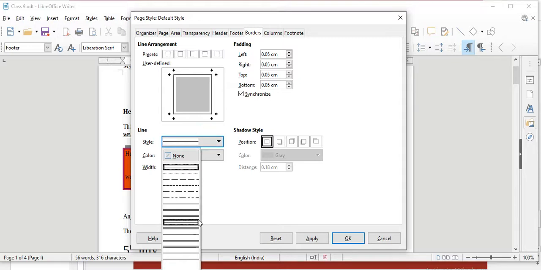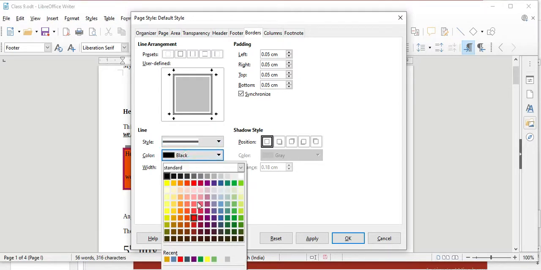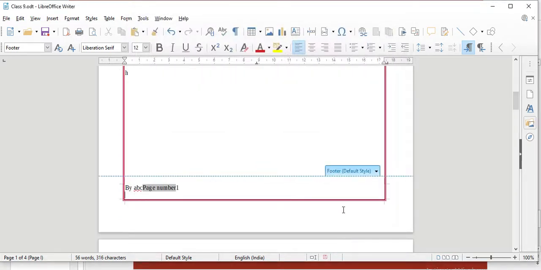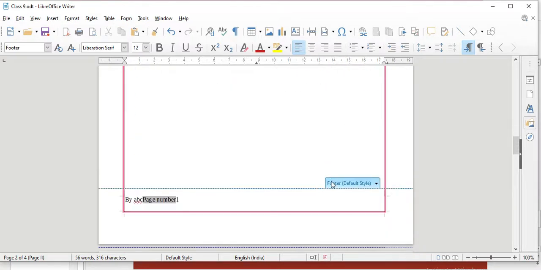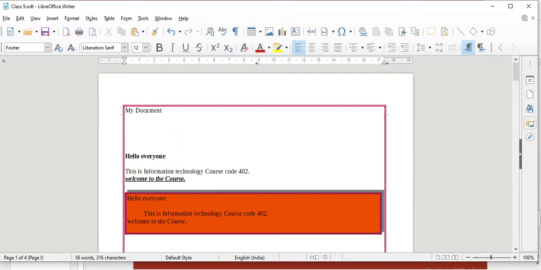Style, line style, if you want to have more attractive, if you want to have in different color. Width, if you want to make it more large, and then click OK. You will see the border have appear in your page. Like that you can add the border in your page.